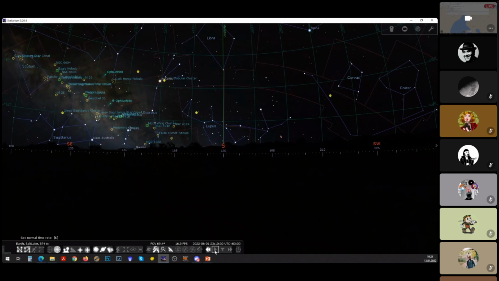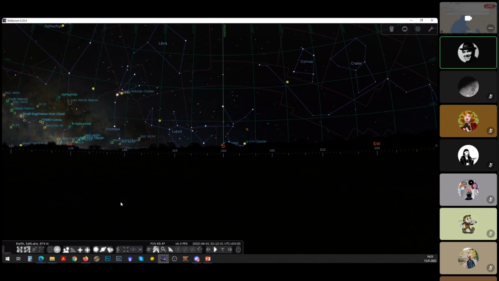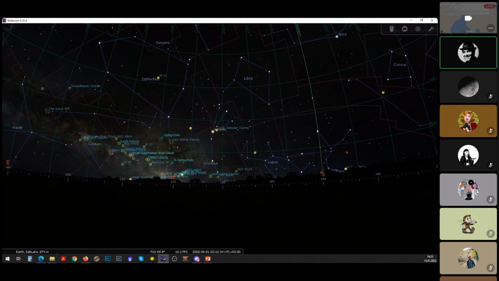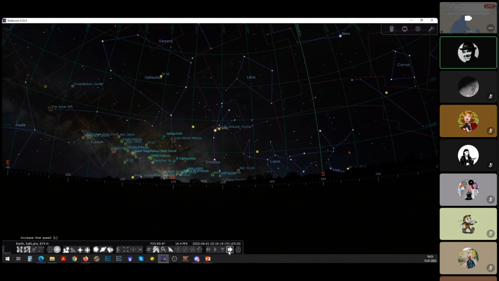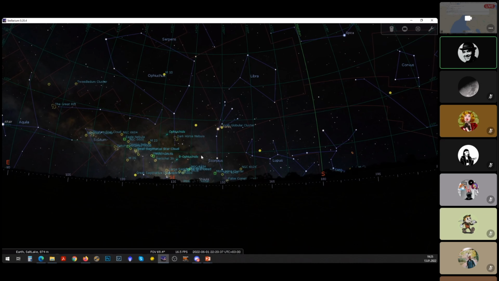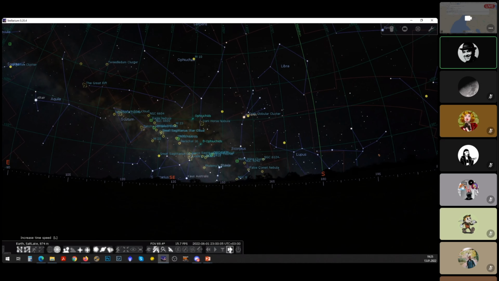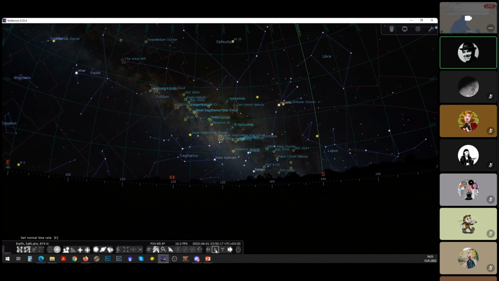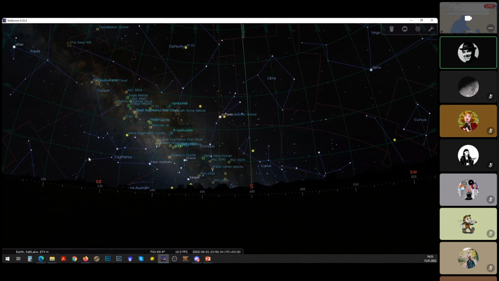So you can see, around 10 p.m., the Milky Way is so low on the horizon that you cannot start shooting yet. And as the time goes by, it will get higher in the night sky. Let's get a little bit faster. So around midnight, you can start shooting the Milky Way at this day, at this point,